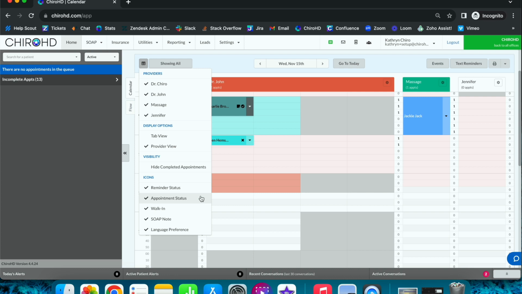Has it been completed? Walk-in will show a little figure if the appointment has been arrived as a walk-in. Soap note is this sticky note icon showing that a soap note has been put in for the day. And language preference, if the patient's preferred language is Spanish,